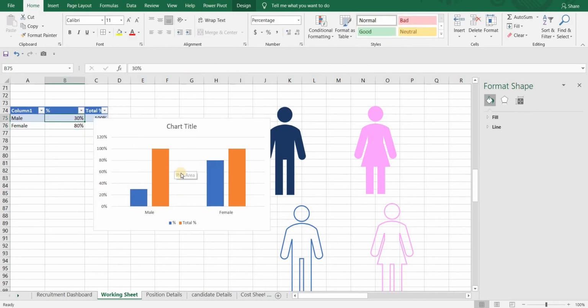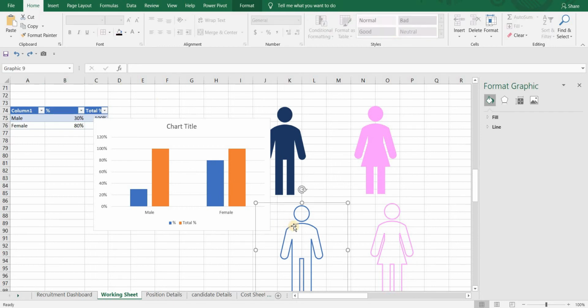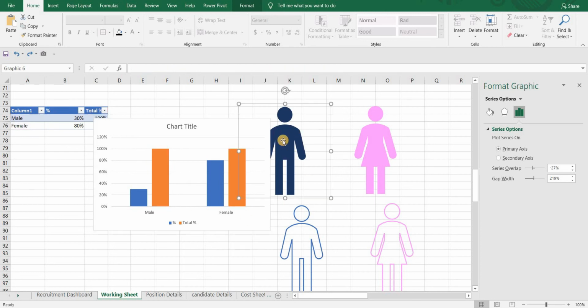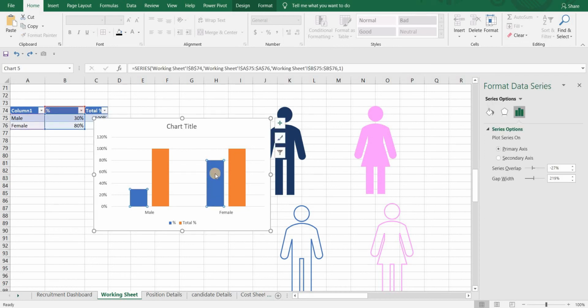So, since our border is not changing, only the fill part inside the border is going to change. We will copy the border icon for the orange column and the filled icon to the blue column.